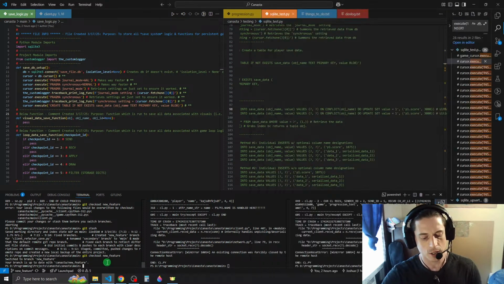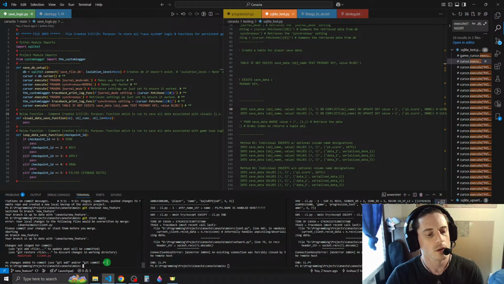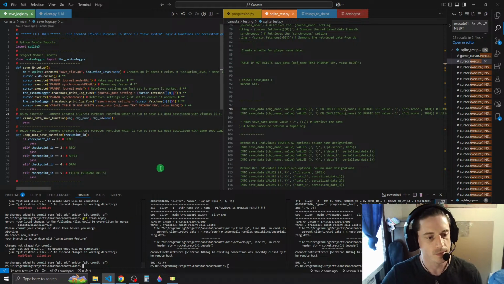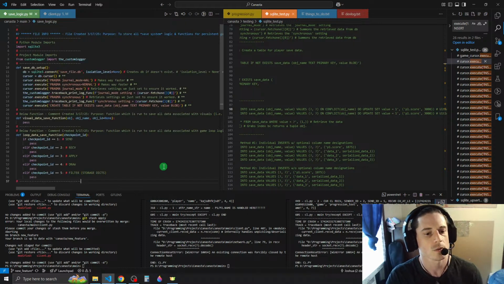So let's do that. Let's say git stash apply. Okay. Your local changes to the following files will be overwritten by merge. Oh, it's because I changed data after I returned without reapplying the stash. Please commit your changes or stash them before you merge. Aborting. On branch new feature. Your branch is up to date. Changes not staged for commit. Okay, I see. So it's not going to let me do this until I undo